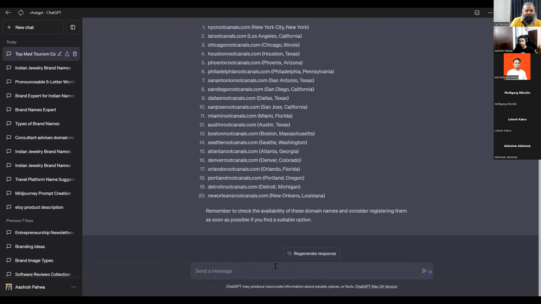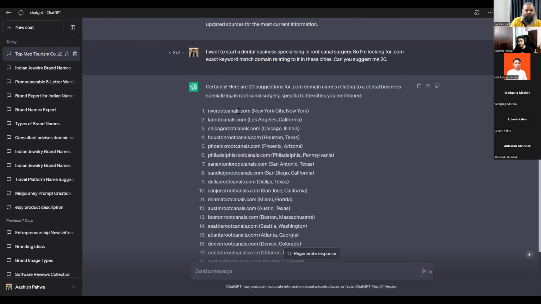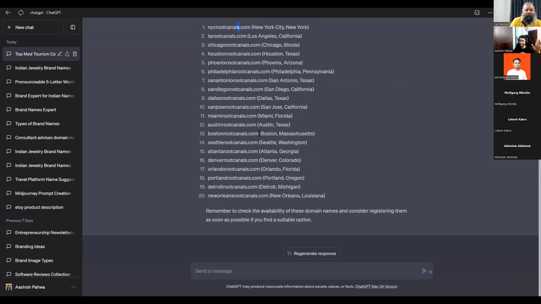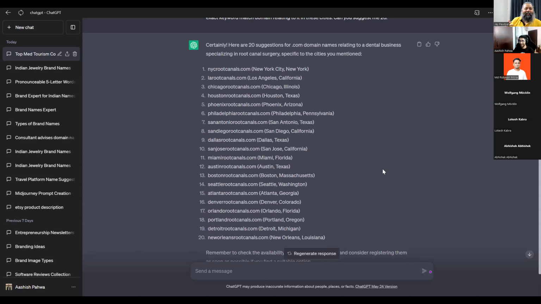And one more thing that I want to focus on is it has added s as a suffix to every root canals, if you can see. Yes, so we have to remove s as well. Because when people search now, they'll search root canal. Exactly. Remove s after canal and list just the domain names without